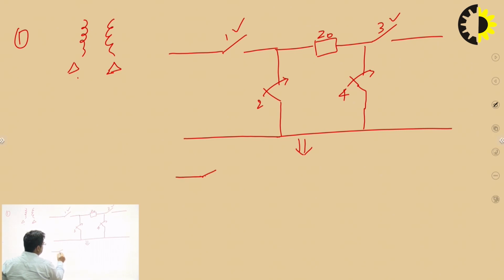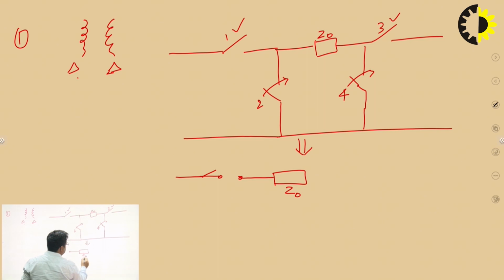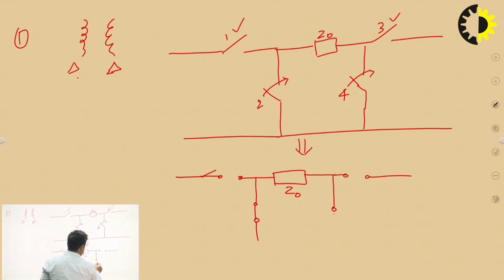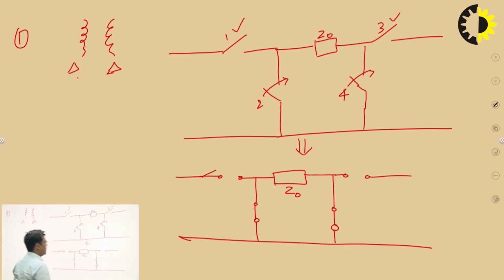This will be open circuit. This will be open circuit. Then there is an impedance Z0. This switch will be closed, and this number 3 will again be open, and this switch will be closed. So we will find this is the actual zero sequence diagram of the star connected network, because we know